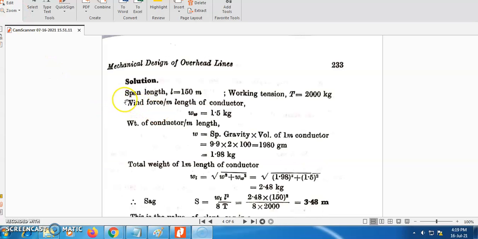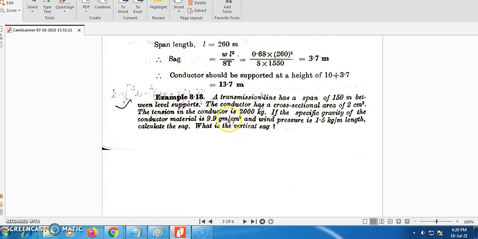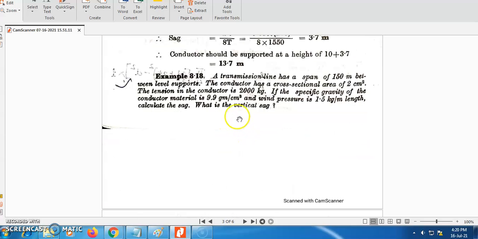So from the question you identify the following data. Span length L is equal to 150 meters and working tension T is equal to 2000 kg. Wind force per meter length in terms of kg, Ww is equal to 1.5 kg. So the weight of the conductor per meter length, W, is equal to specific gravity into the volume of 1 meter of conductor. The specific gravity given here is 9.9 gram per centimeter cube. That means